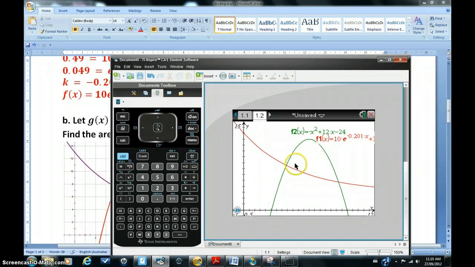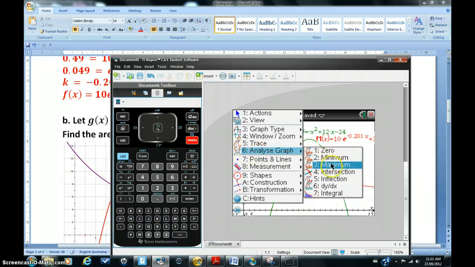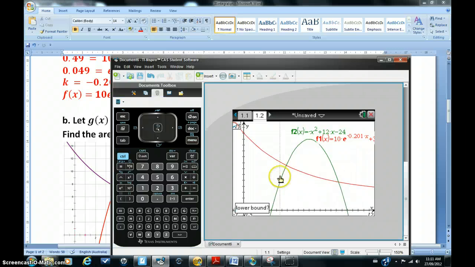So to find these points of intersection where the two graphs meet, I'm going to hit menu, analyze graph, intersection, and you'll see that you get a vertical dashed line, and you can move it to the left of the first point of intersection, press enter. You can use the arrow keys to move it. Then you drag it to the right of the point of intersection and hit enter again, and you can see there's your x value,